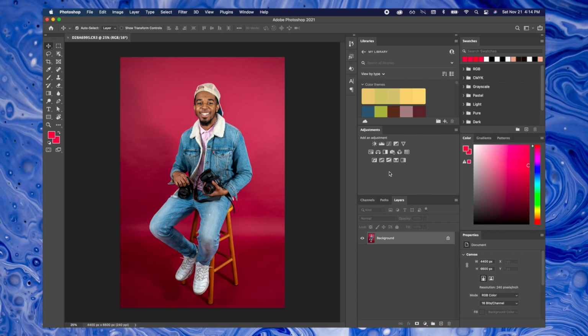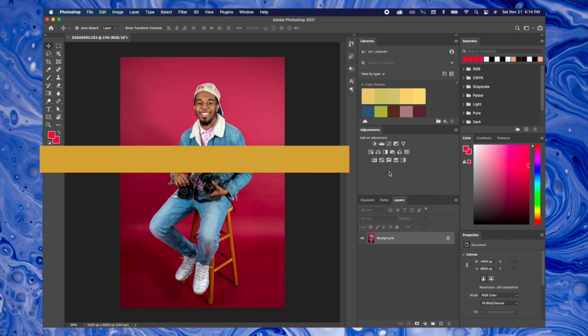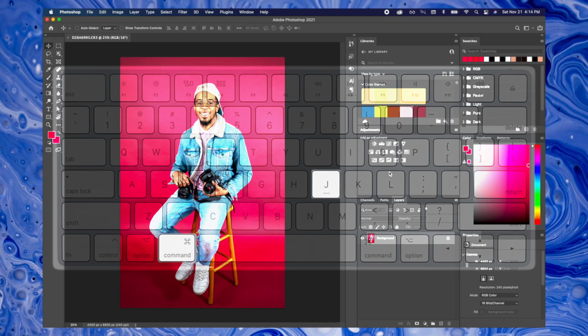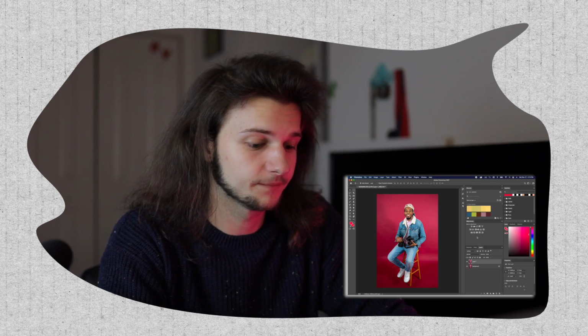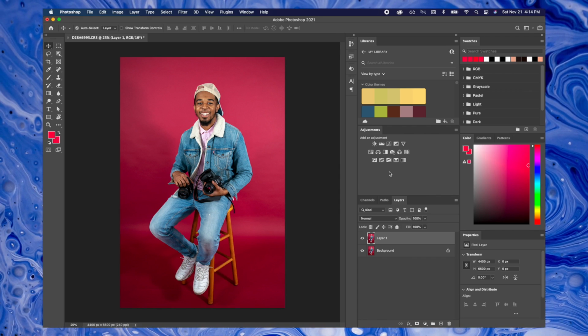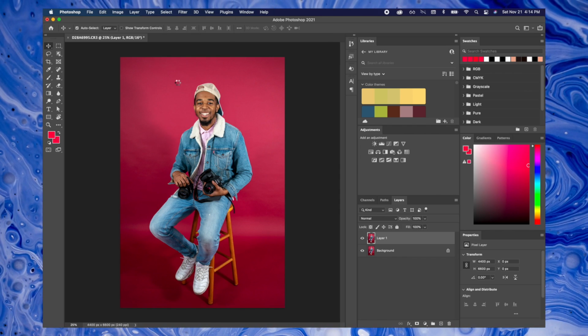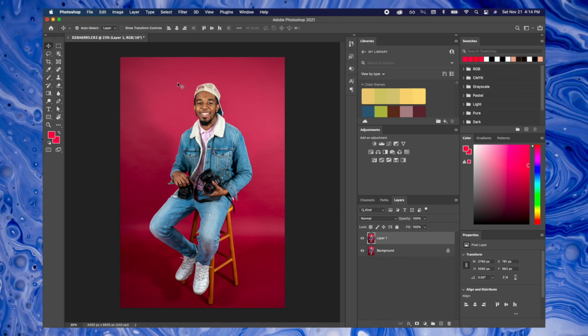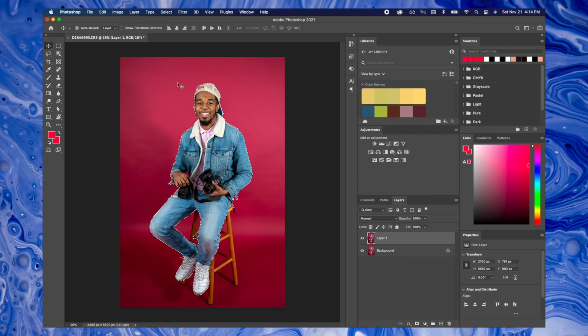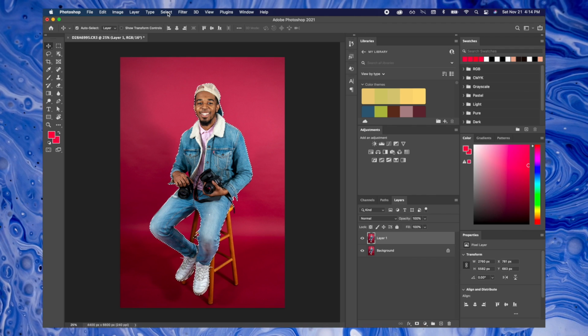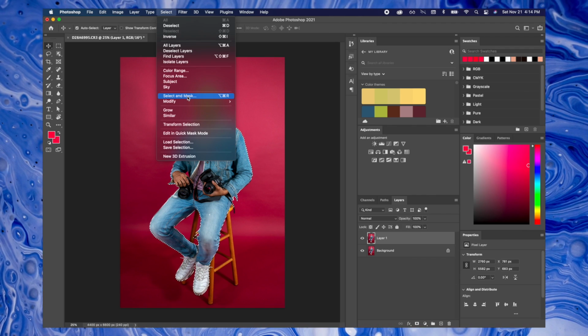Alright, so now that we're into Photoshop, Command J to duplicate your layer, and then we're going to go up to Select Subject. This isn't always going to work, but it's a good first shot. Did a pretty good job. So to refine it, you go to Select and Mask,